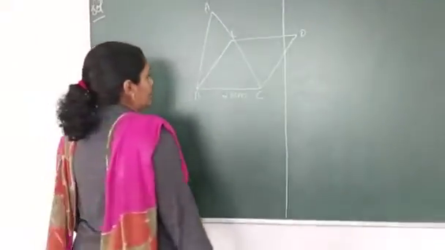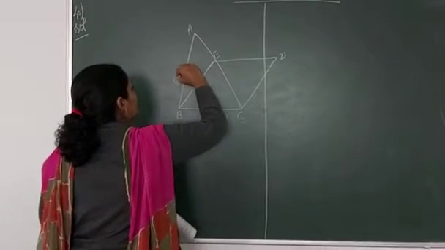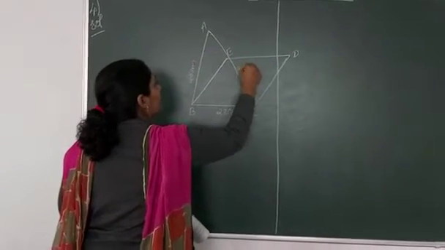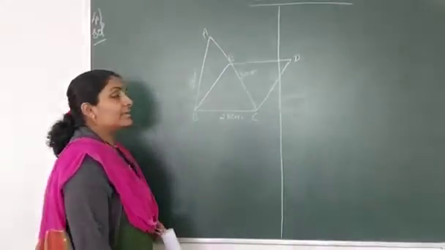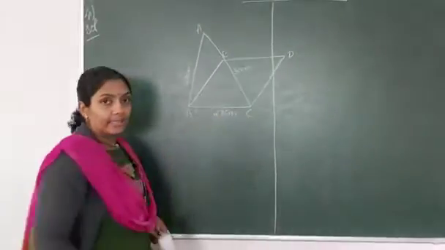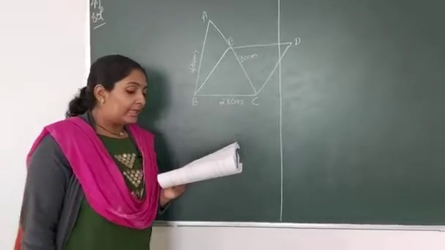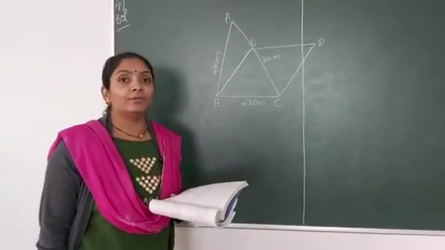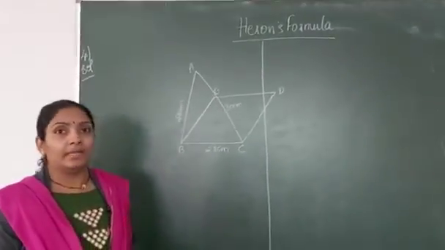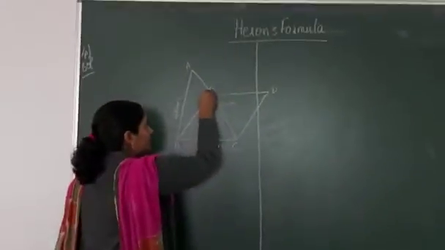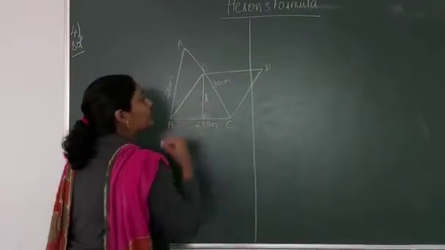Right? So what is given? 28 centimeters, 26 centimeters and 30 centimeters are the dimensions of this particular triangle, and the parallelogram is standing on the side BC, which is 28 centimeters. It was also given that area of the parallelogram is equal to area of the triangle. Now what do you have to find out? The height of the parallelogram. So let EF be the height of the parallelogram.